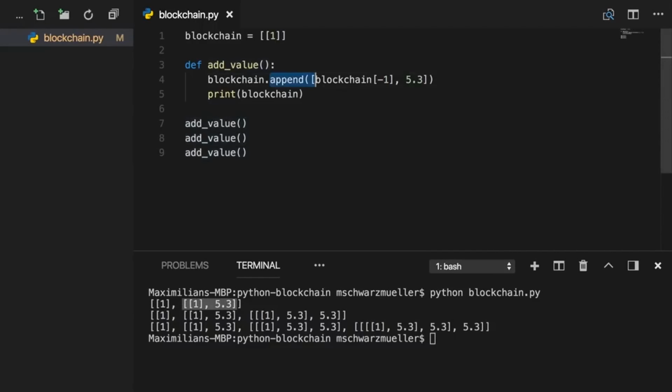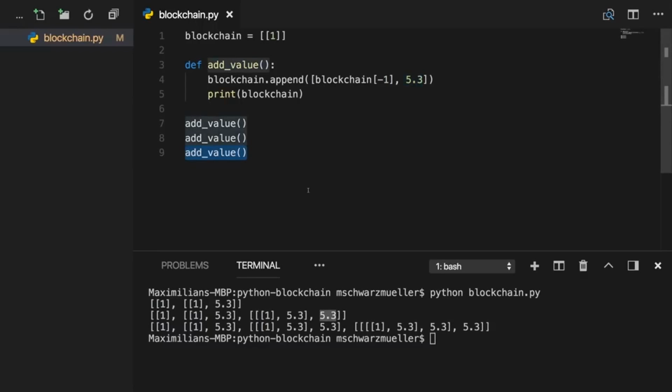So when we append a new value to our blockchain, we take the old blockchain, which is this part, and then we append the old last value as the first element in that new array we're adding. Remember, we're adding an array here with square brackets. This is what we append.